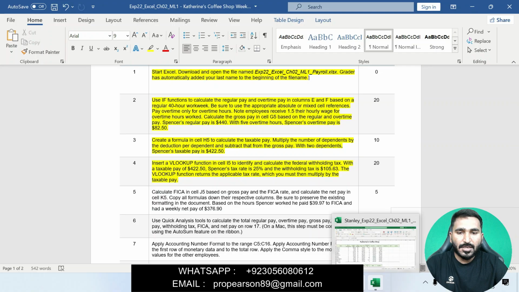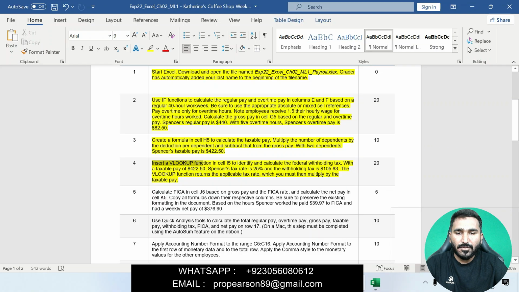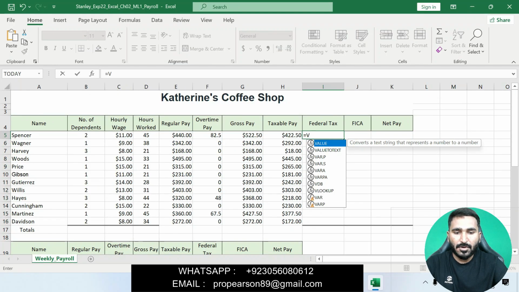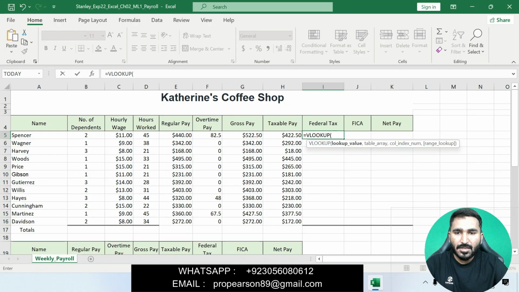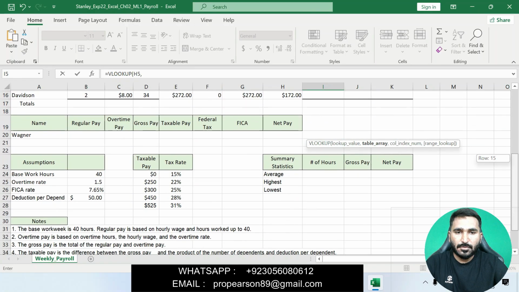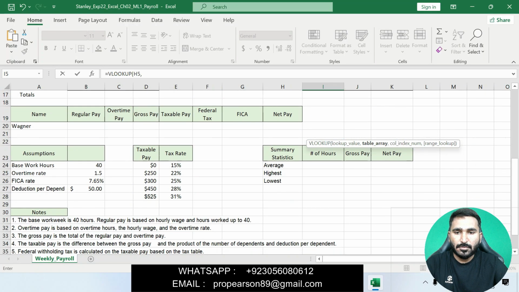Moving on to the Excel workbook, insert a VLOOKUP function in cell I5. Press equal to, enter a VLOOKUP function, then H5, the taxable pay, and D24 for the tax table.